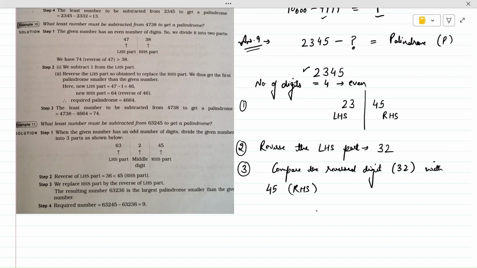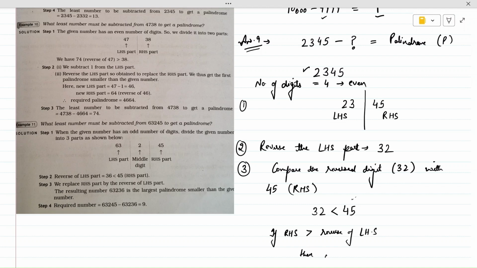So we have to compare 32 with 45 here. In this case, my number 45 is greater than 32, right? So if my RHS is greater than 32, I'm writing here, if RHS is greater than reverse of LHS,